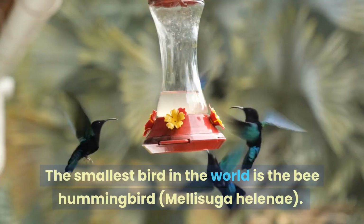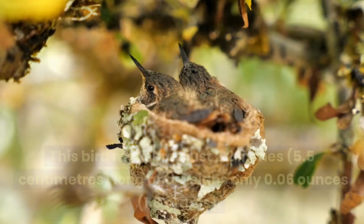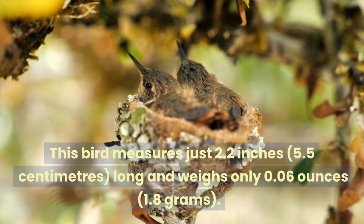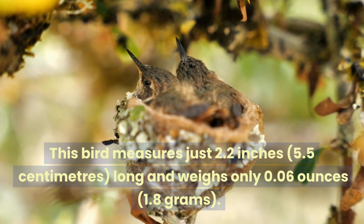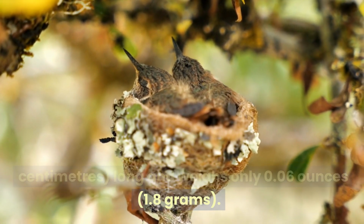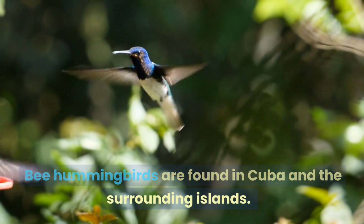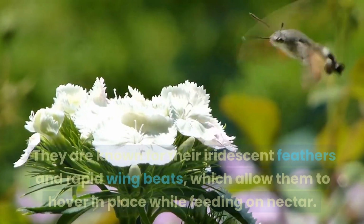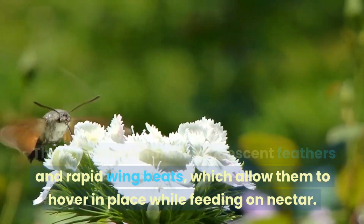The smallest bird in the world is the bee hummingbird, Mellisuga helenae. This bird measures just 2.2 inches, 5.5 centimeters, long and weighs only 0.06 ounces, 1.8 grams. Bee hummingbirds are found in Cuba and the surrounding islands. They are known for their iridescent feathers and rapid wing beats, which allow them to hover in place while feeding